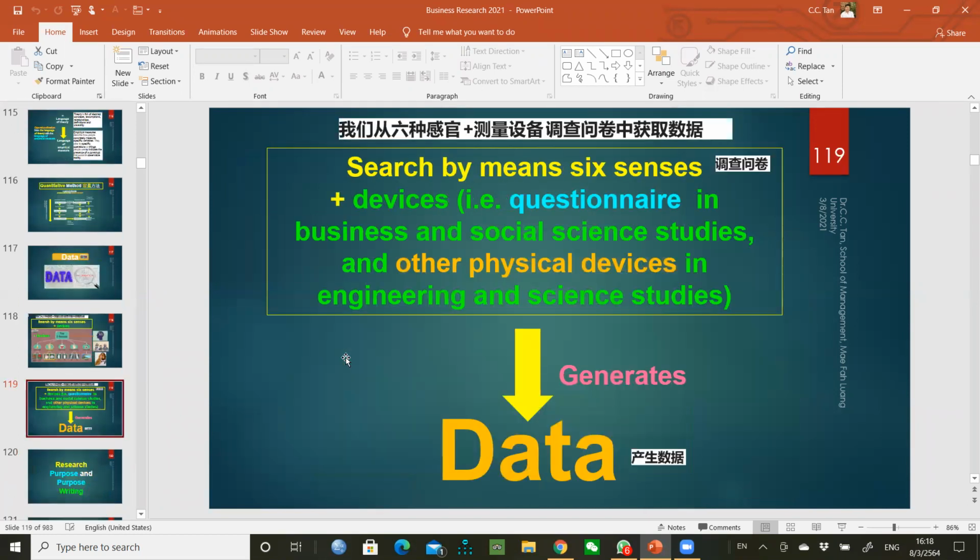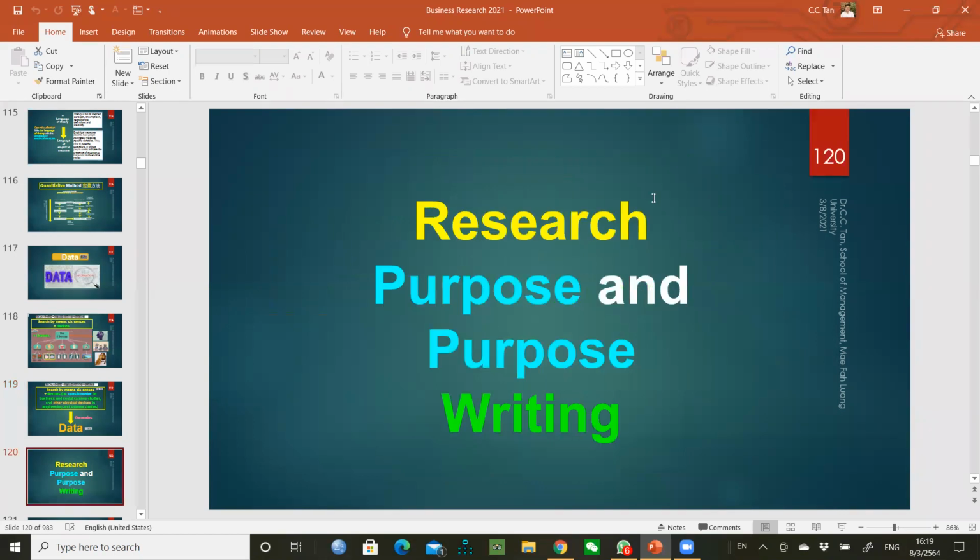So we use those 6 senses plus the devices, and again, the questionnaire is just one of the devices, okay, but the questionnaire is a simple social psychological device where we put things on a piece of paper. So instead of saying, we put it on a paper. So it's really nothing different. There's no difference between what you say by talking and the questionnaire, right? It's just a different form. But anyway, it is just what we mean by device. Okay, and in engineering it is what we mean by sensors and all this equipment, and they generate a whole bunch of data. Okay, so now we already have